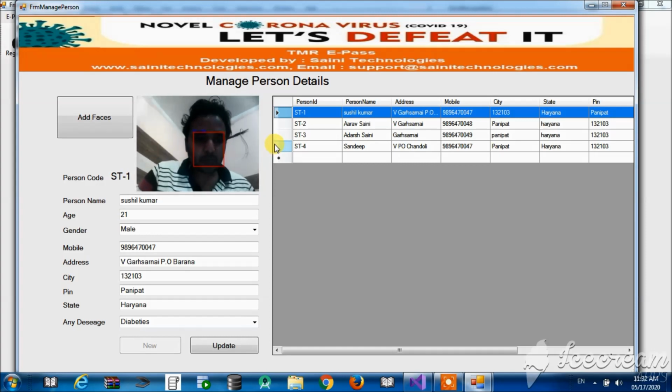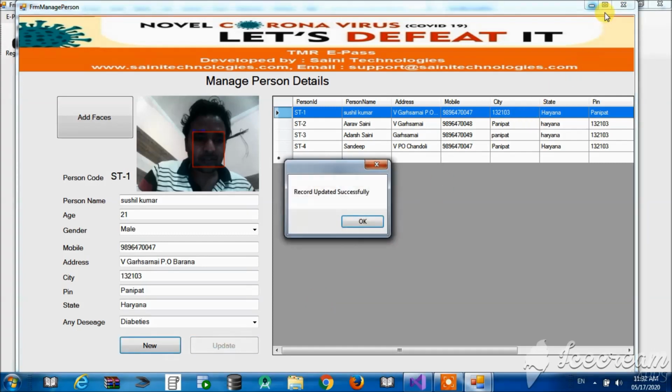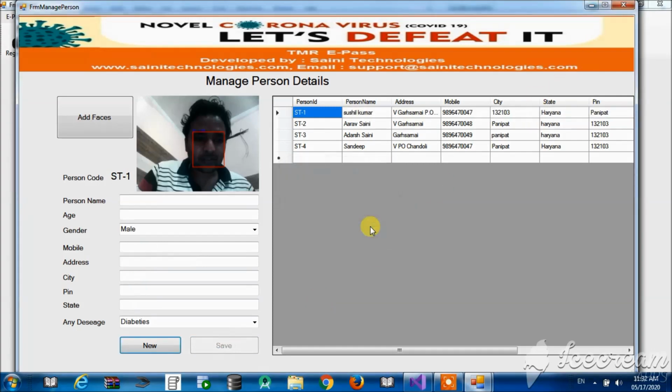You can see on this icon ST1 is there. ST1 is already saved here. I can change my name, mobile, and everything here, or add more faces from there also. This is how we can update our details or add new persons into the system.